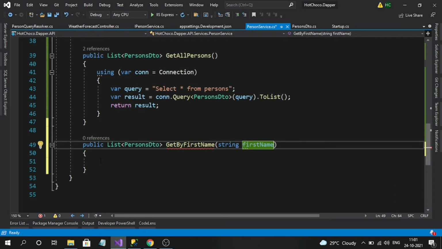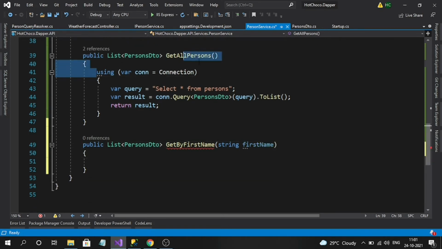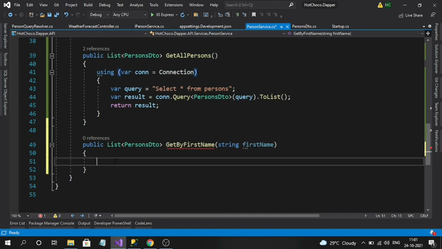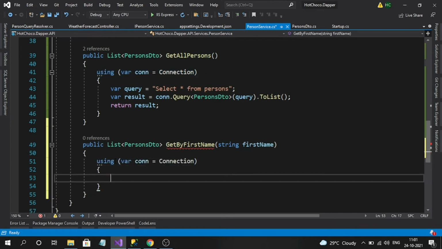Now what I can do, I can use the connection string using statement. Now I have to develop my query like select star from persons where first name equal to, and here we have to specify the at-the-rate value for the dynamic values, firstName. So these are like variables, dynamic values.